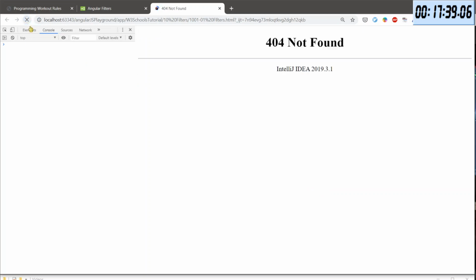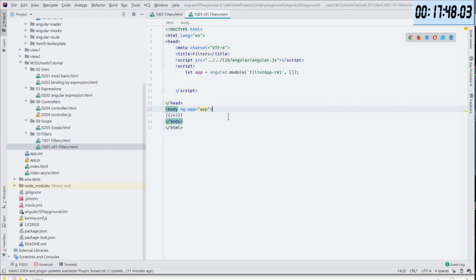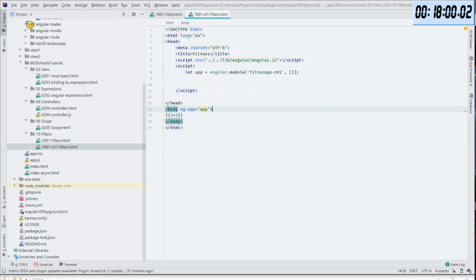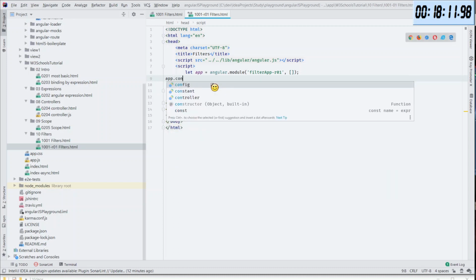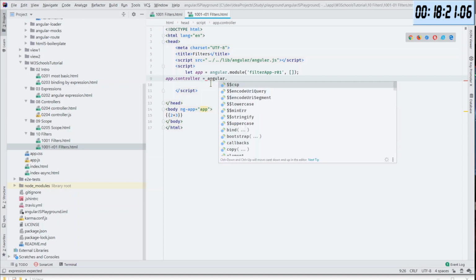I will reload. Not found. Yeah, because I renamed it. So let's go in here. Alt F2 in Chrome. And still does not work. So what I need to do is have a controller, I think. So app dot controller equals Angular dot